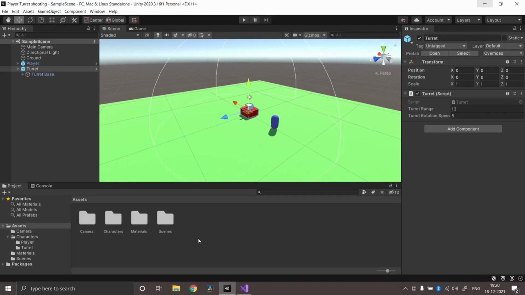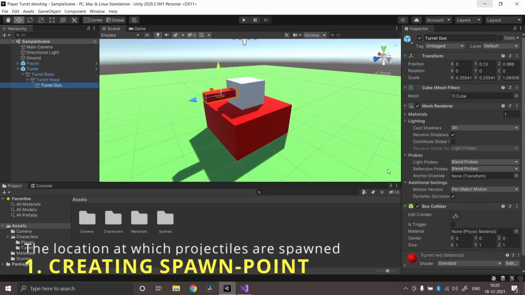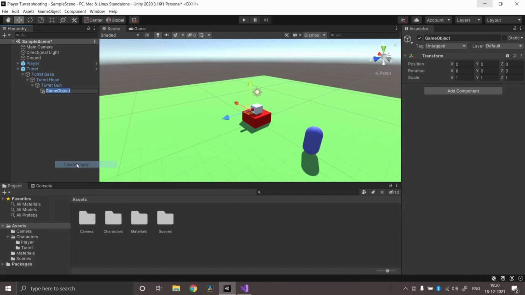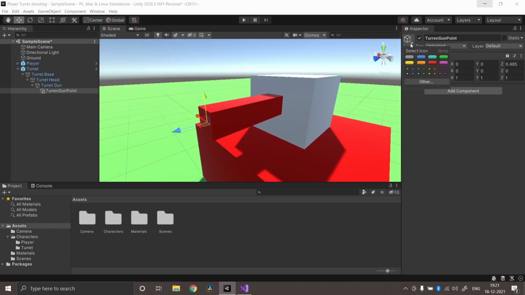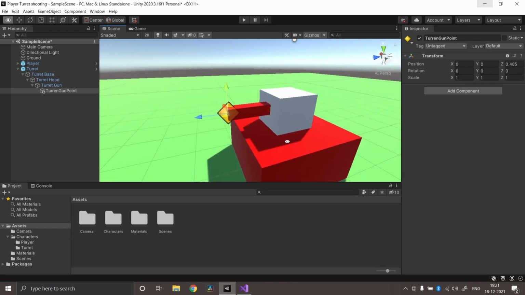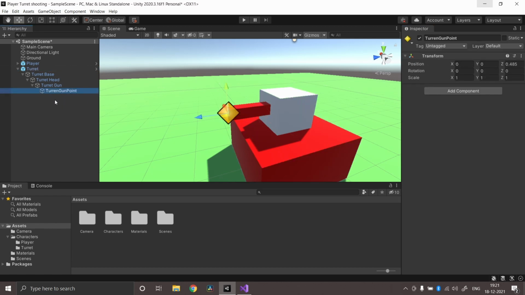So now let's get to the real deal, where we'll spawn a projectile from the turret. Alright, so the first thing we need is a location to spawn. So I have the turret prefab. I will extend it till the turret gun. I'll right click and create an empty game object, and then I'll name it turret gun point, and I'll just move it to the edge of the turret. To make it a lot more visible, I'll select here and then select a symbol icon to make it visible. So it's on the edge of the turret, and I will simply go to the prefab and then apply the changes so that it gets affected on the turret prefab.